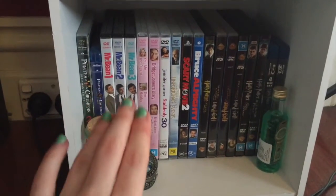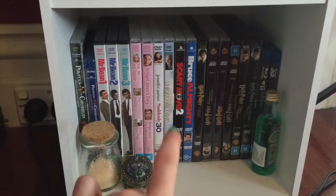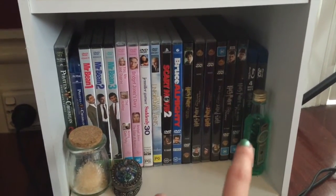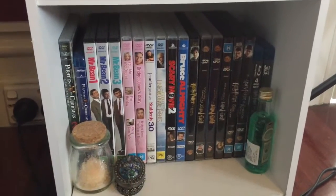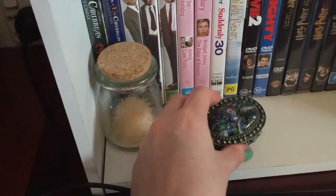So Pirates of the Caribbean, Mr. Bean, some girly movies and stuff, A Series of Unfortunate Events, Scary Movie, Bruce Almighty, and then all the Harry Potter movies. Oh my god, those are upside down. That looks so bad. And here is another crystal that I grew, and here is another jewelry box from my